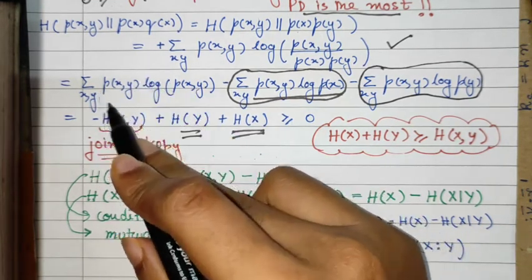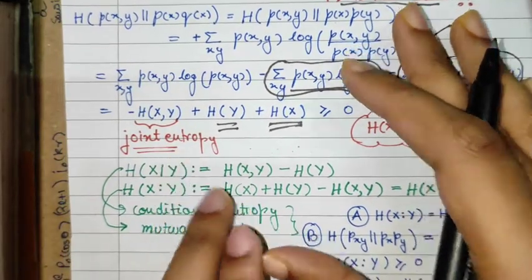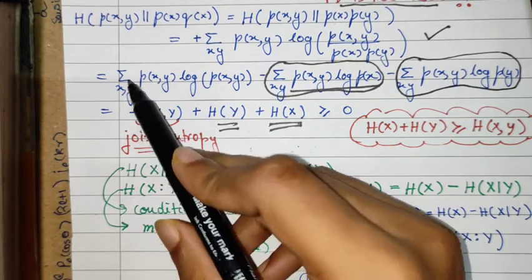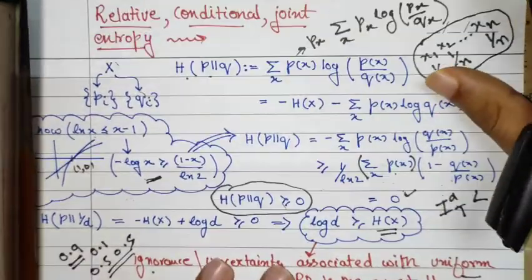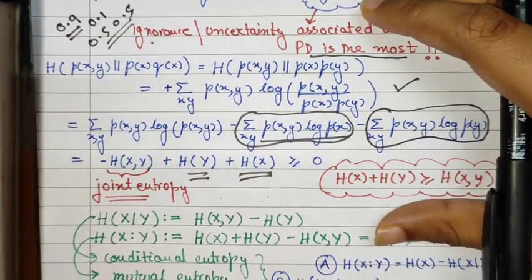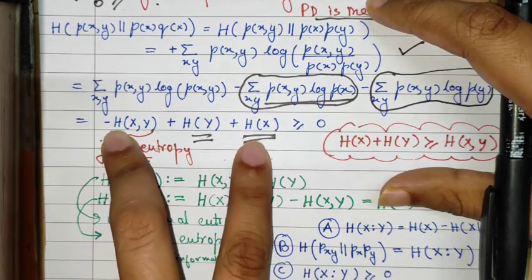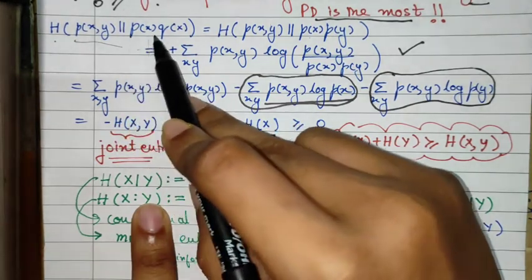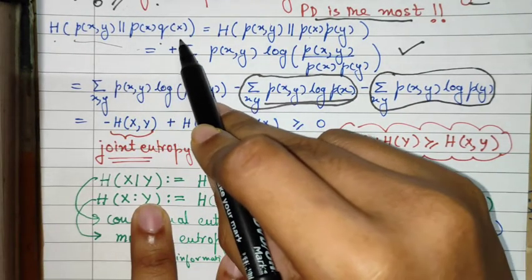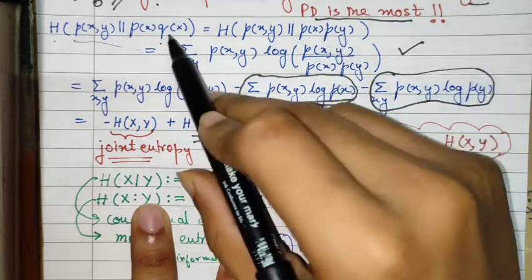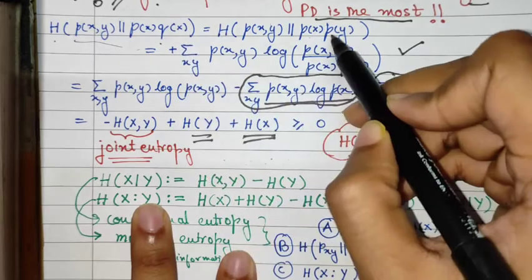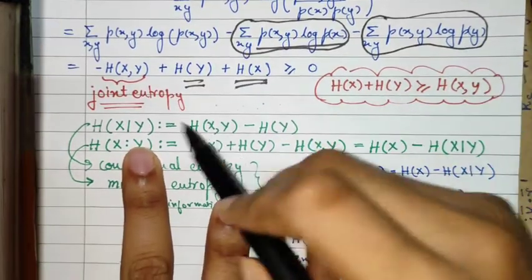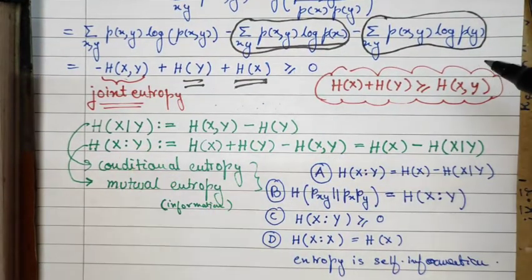And then this part is what I will define as the joint entropy of the system. So this is the joint entropy of the system with a minus sign, because we know entropy comes with a minus sign. So this is the entire expression of this thing. H of p(x,y) relative to p(x)p(y), which is equal to p(x)p(y), q(x), so we have chosen a different variable. This is given by this form, and this part is called the joint entropy of the system.